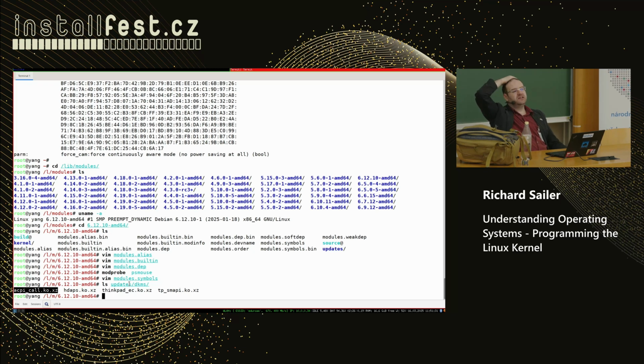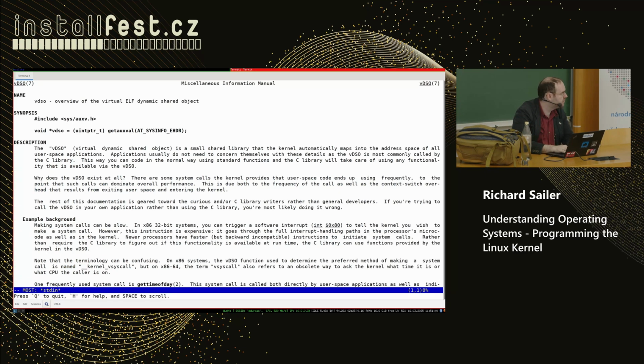There's also a little addition that I left out, something called VDSO. There is a little bit of data that can be shared between the kernel and the user space, and the current time is an example of such data.